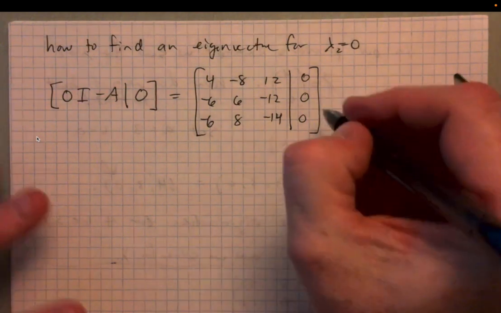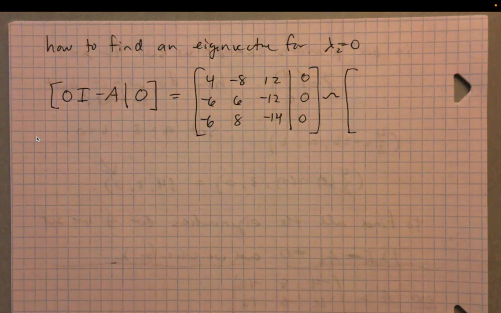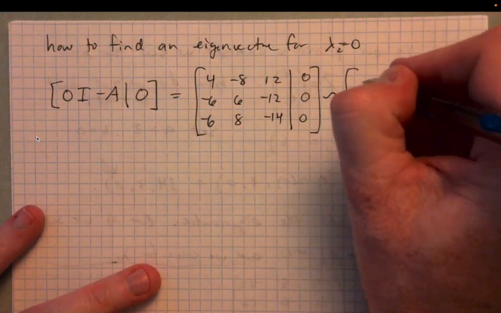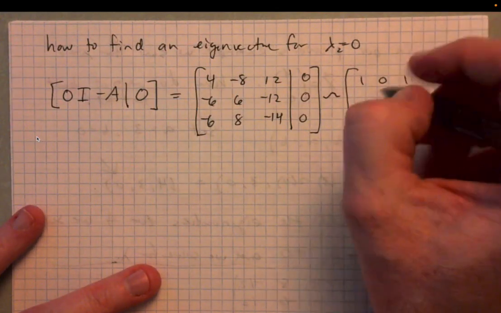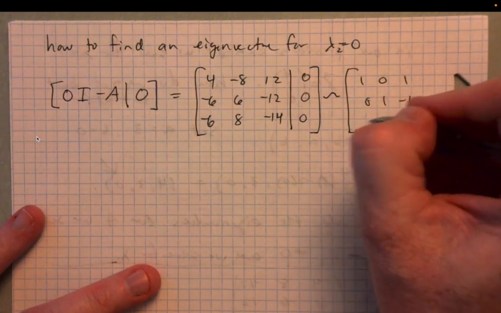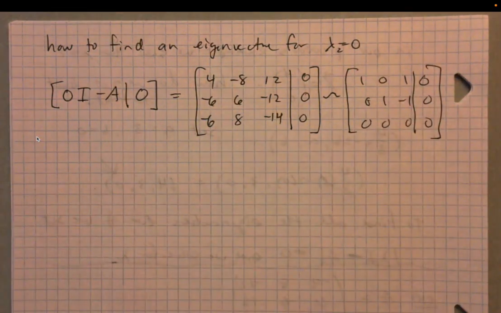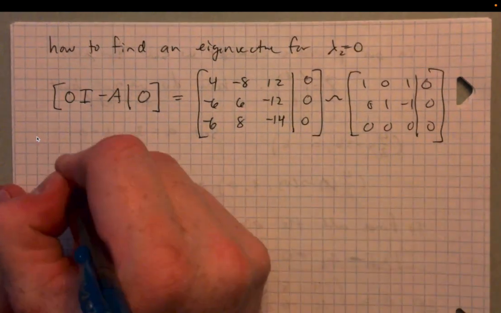And you could row reduce this. I encourage you to pause the video, make sure you know how to do that, make sure you can get to what you need to get to, but you'll find that the system will row reduce to 0, 1, 0, 1, 0, 1, negative 1, and then 0, 0, 0. Right, so it looks like this. And you can extract from this what the eigenvector must be, or the form of the eigenvector. Right, and so the solution set here